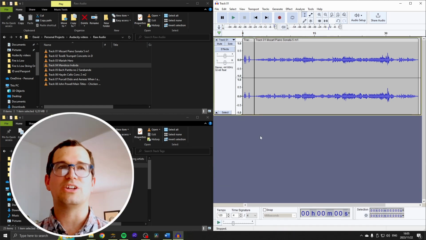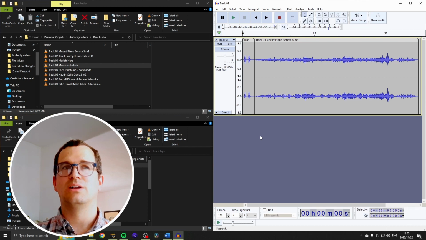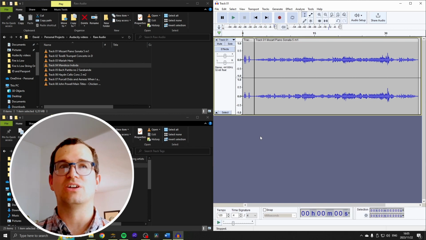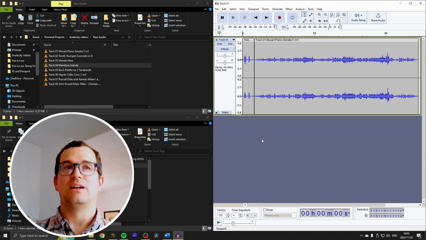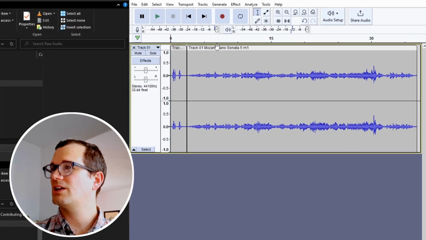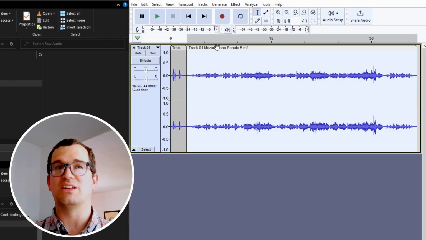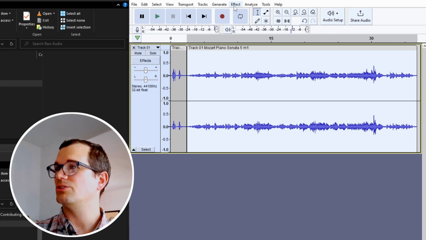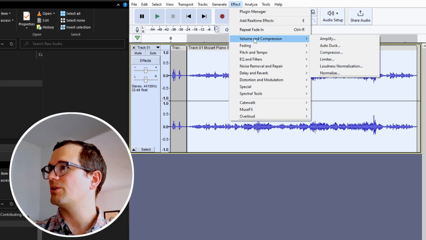So I could go through and adjust each one to a comfortable listening level, but Audacity has this excellent feature called loudness normalization. Because loudness is perceptual and is dependent on the amplitude of the sound waves, but also the frequency and duration of the sound. Loudness normalization takes all of these things into account. So we'll click on that clip that we want the normalization to affect, then go to Effect, Volume and Compression,